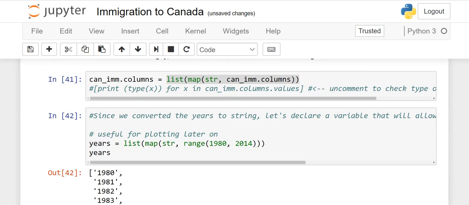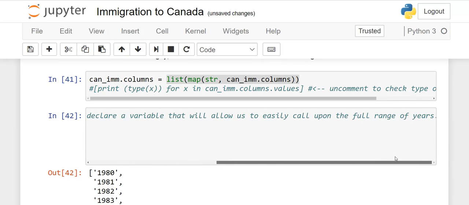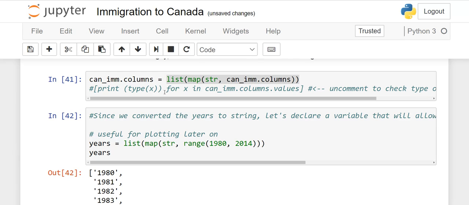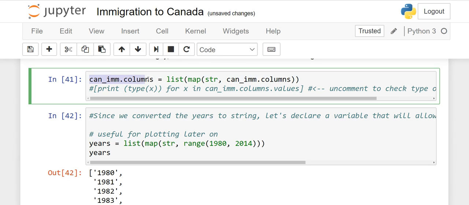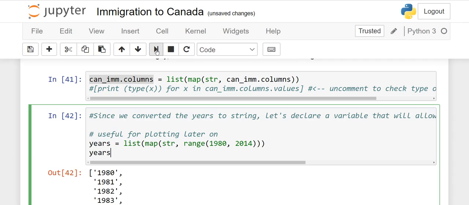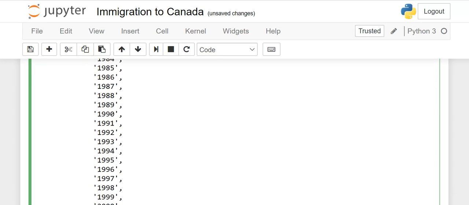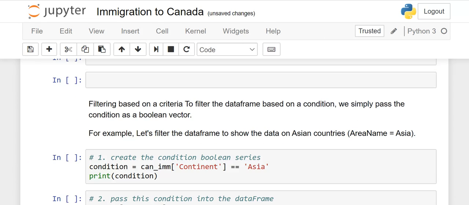So what we did here is because this is much easier when we make our plot. I will show you the comment I have written here so you can understand easily. Here we are going to apply this to all columns. We are converting all columns into strings, whether they are integers, floats, or whatever. So this syntax you have to write down, and I said this is equal to years. Instead of writing this again and again, if I execute years, you will see all the outputs in the form of strings. Now it will be much easier when we make our graph.